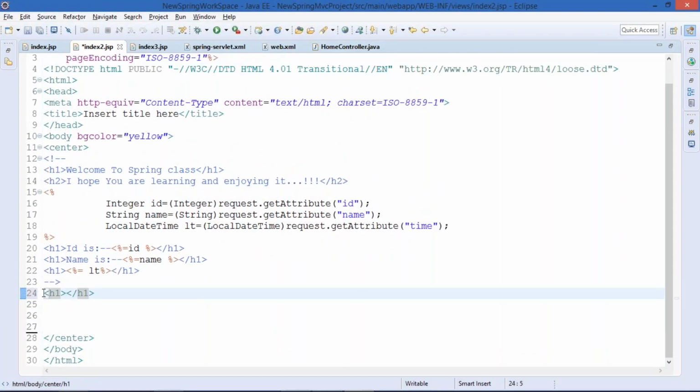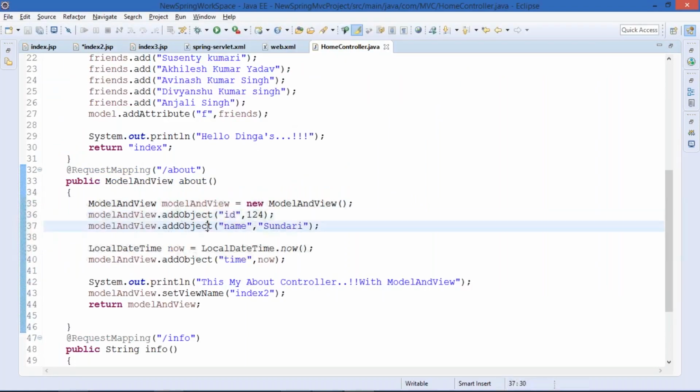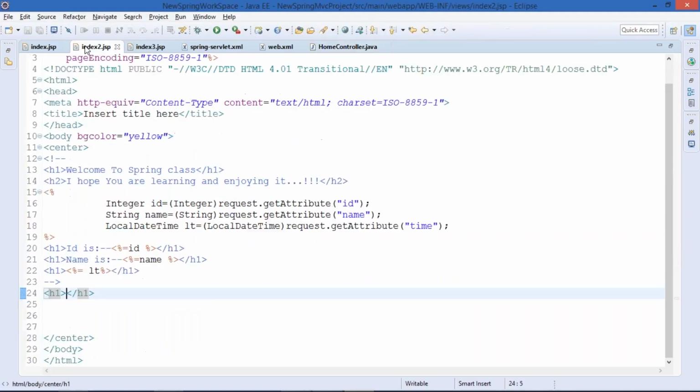I'll make use of the h1 tag, and I want to print the id, I want to print the name, and I want to print the time. So what I'll do, inside this h1 tag, I'll give a statement. Name is. I'll give, guys, name is. And